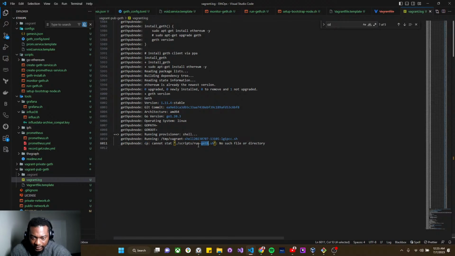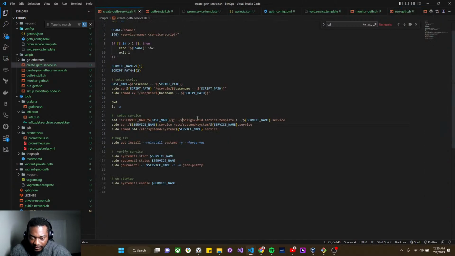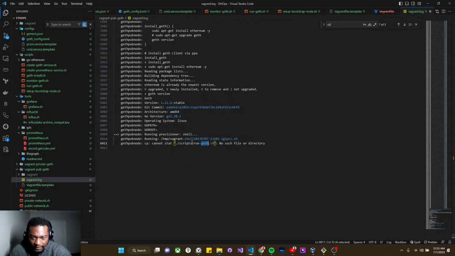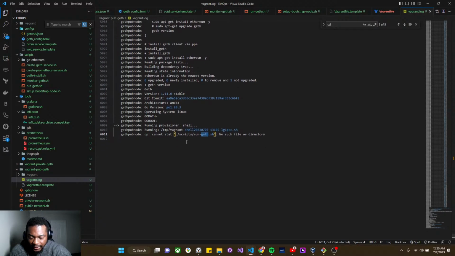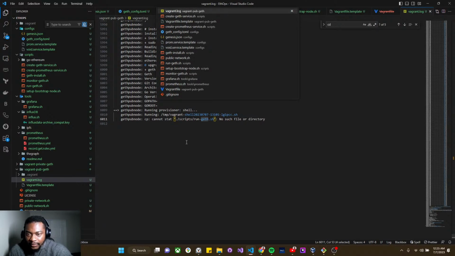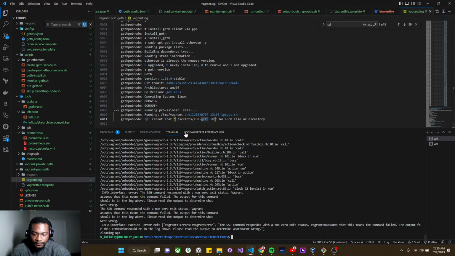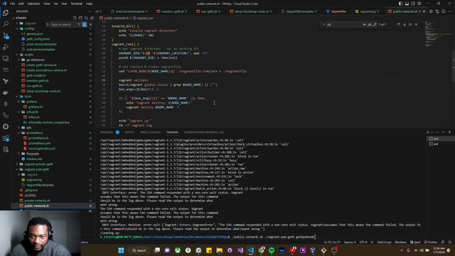CP run get sh, scripts slash CP run get. So it's not on the service. Scripts slash CP run get SH. I need extra logs, man. Need more logs, I'd say. Like I need logs, trace logs,